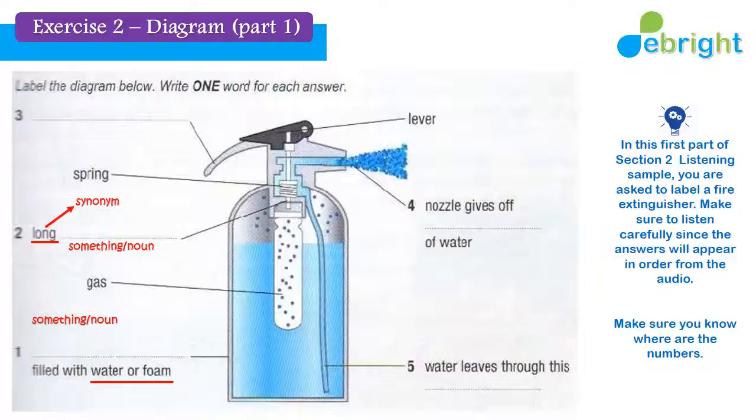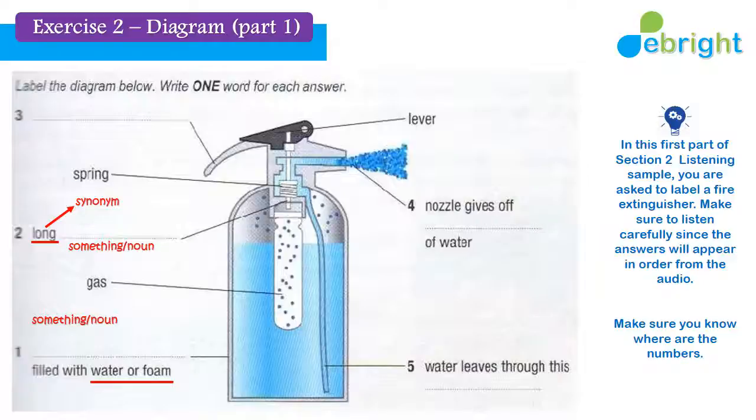You should also be able to understand the keywords or the things around that. You've got spring, and also you've got gas tube or gas cartridge over there, so it's in between. So whenever you listen to the synonym of the word long, you should prepare to fill in number 2